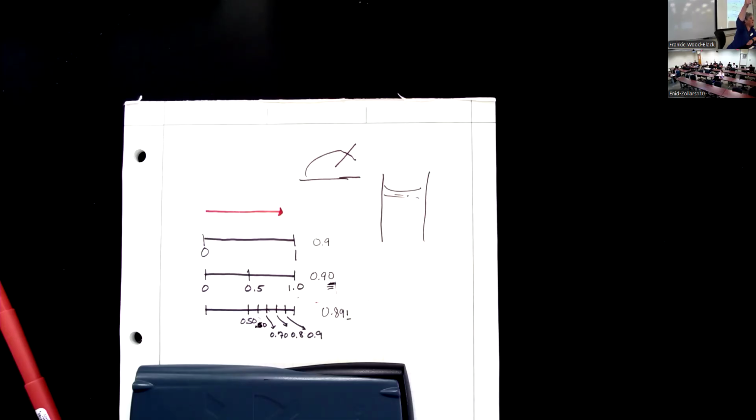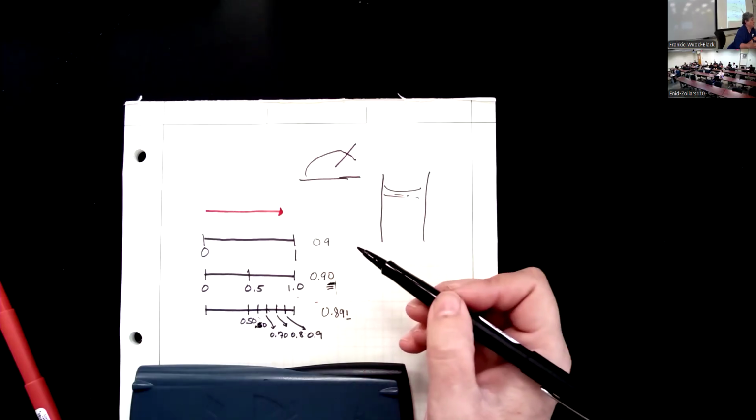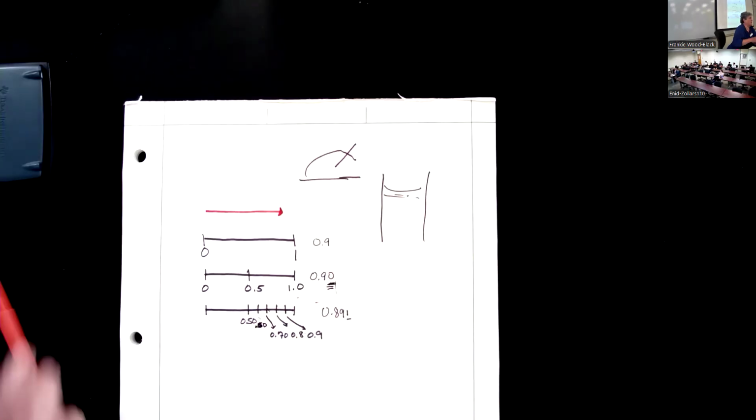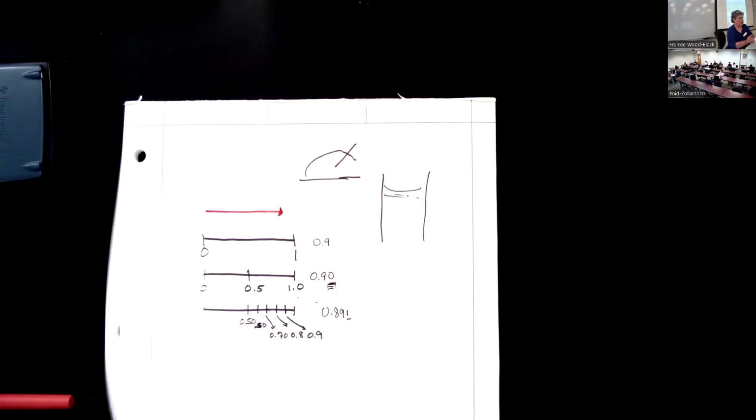And so there will be error built into your mass measurement because of just the air circulation in the room. And so that significant figure is going to tell us how to deal with the error. Now, what happens when you do a calculation? When we do a calculation with our error,